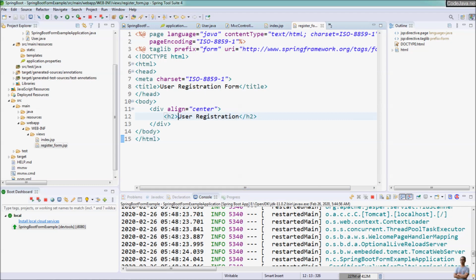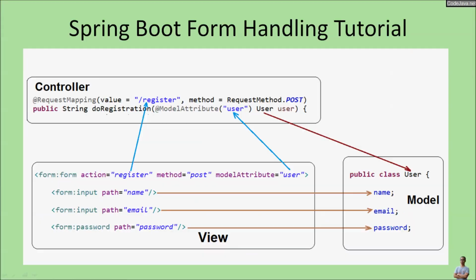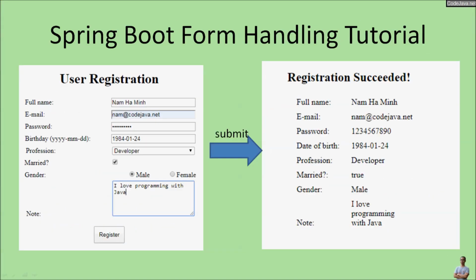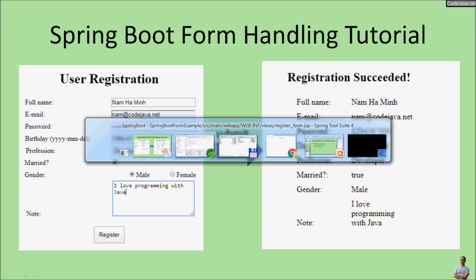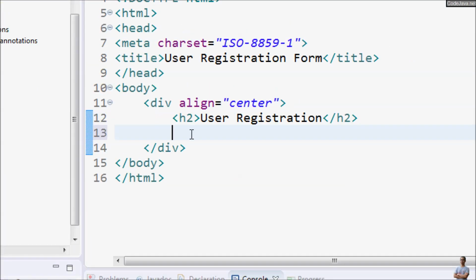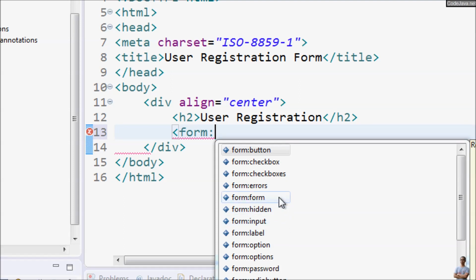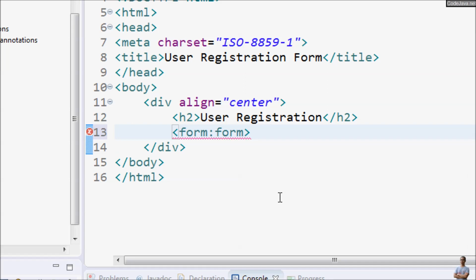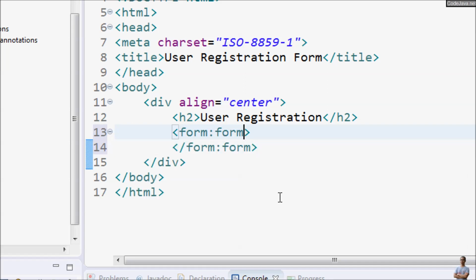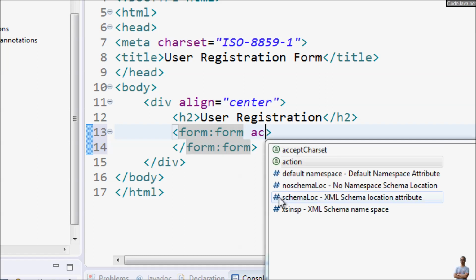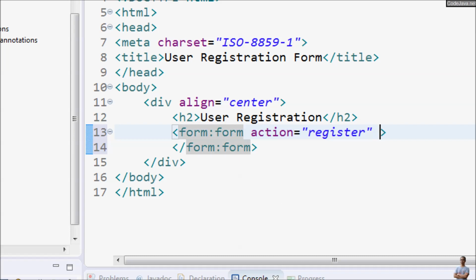And here in the body of the page we now write code to show the form that looks like this, with the fields full name, email, password, birthday, profession, married, gender, and note, using Spring Form tags. First, the form tag, form:form. You can see the IDE suggests auto completion for form tags. First is form:form, and action is register, and method is HTTP POST,